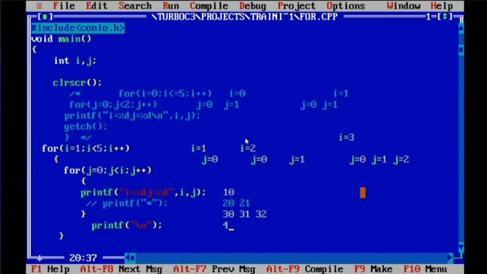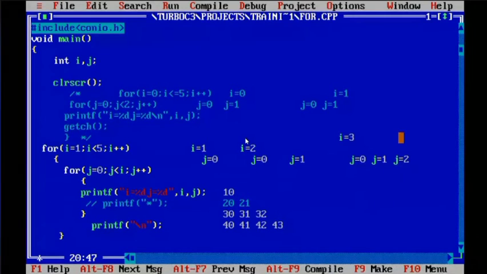As of now, you have understood that for the first column, 1, 2, 3, 4 is your i value. For that, the j value will be printed. First j value is 0, i will remain same, so the second j value will be printed. i will remain same, third j value will be printed. i will remain same, fourth j value will be printed.